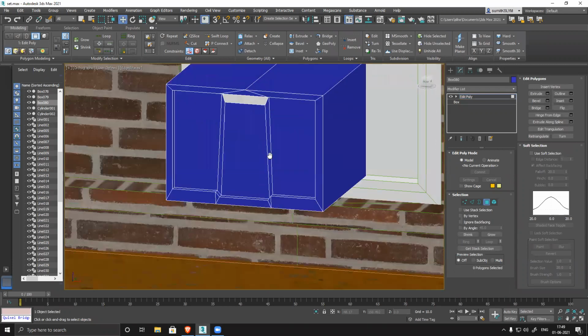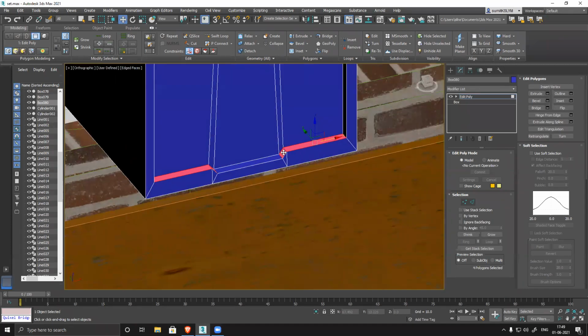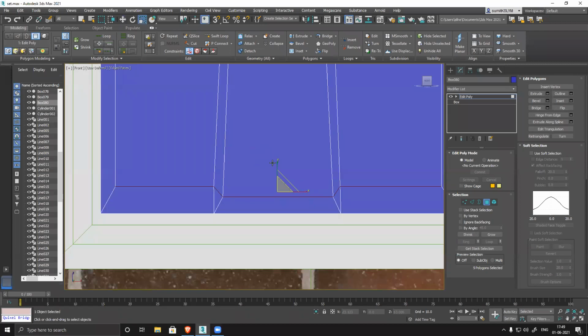I can do that also. So to make this thing perfectly straight, I'll select all of the edges, front, Z and Y. I'll scale it. So you can see if I'm scaling slowly, everything becomes perfectly flat.